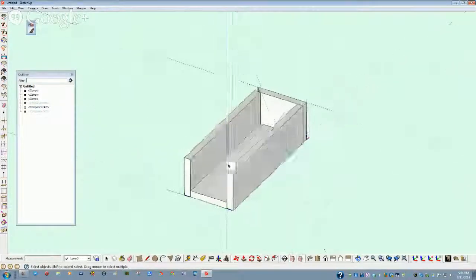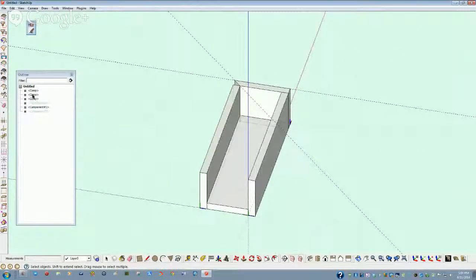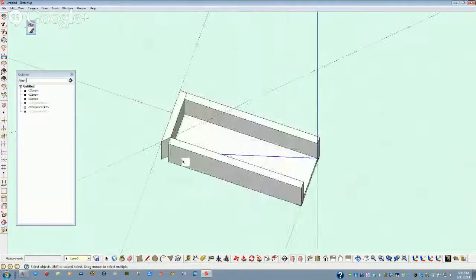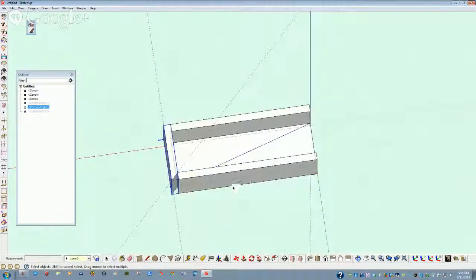And I would like to go in, making sure that nothing is highlighted over here, so I don't add geometry to stuff that I really don't even want to mess with. And I just put in a line. That's all it is, a line in space. But now I can take this element